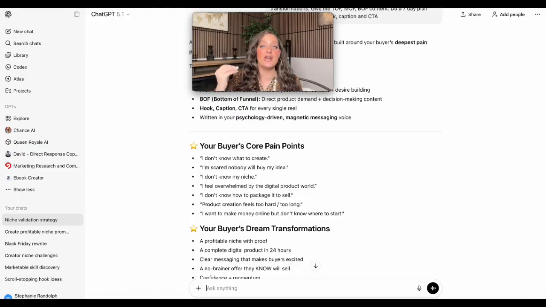So you want to make sure that you have all 3 pieces of content in there because 95% of your audience is not ready to buy, okay? That means that if you're only making one of the funnels, the top of funnel content, you're missing out on the middle and the bottom of funnel content, and that's why you're not making sales. If you're doing a lot of middle of the funnel content, you're doing a lot of nurturing and you're not pushing them into the checkout to actually buy, and you're not grabbing people from the top of the funnel.